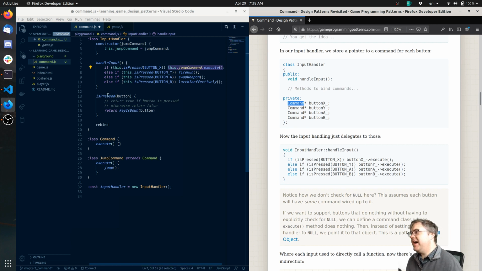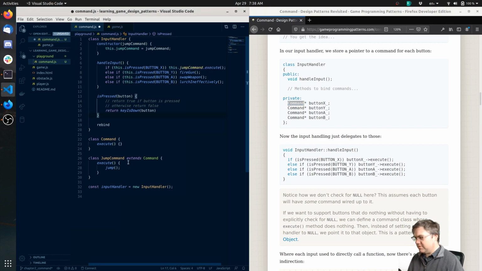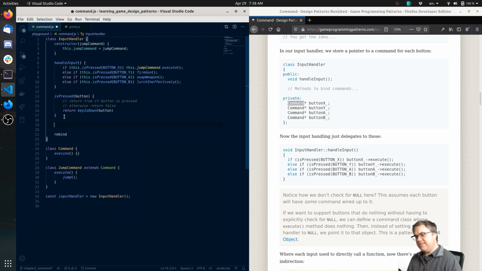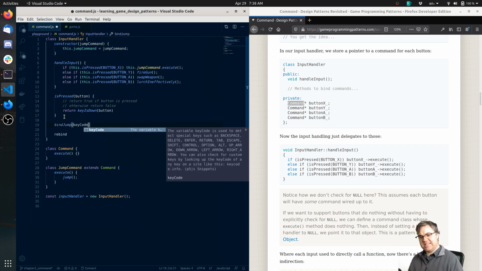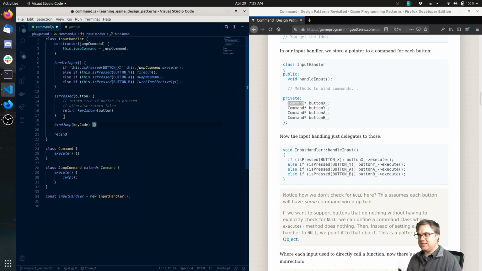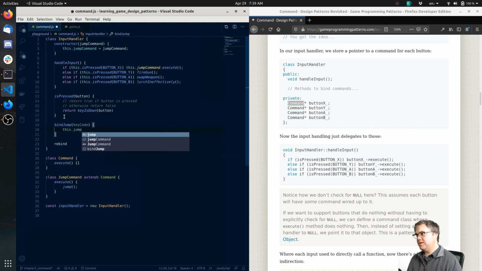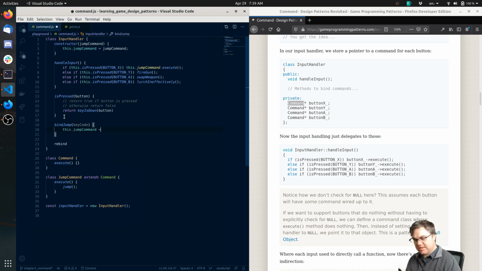So that means we have some kind of bind method. Close you down so you got more room. All right, so in here, if we have something like bind jump, then we can have, I guess, the key code to bind the jump button, and then we can have this dot jump command equals